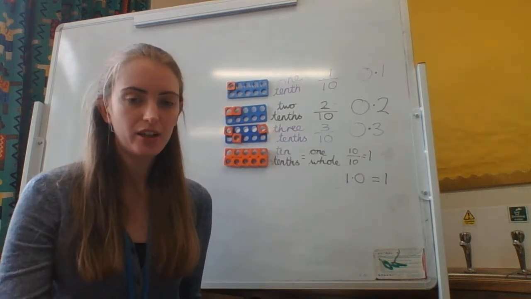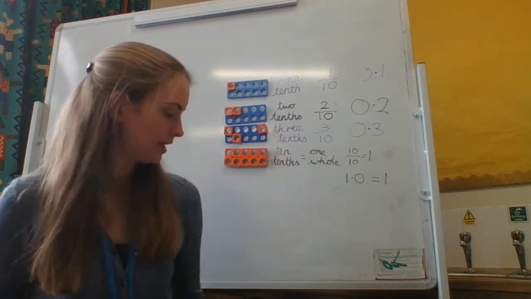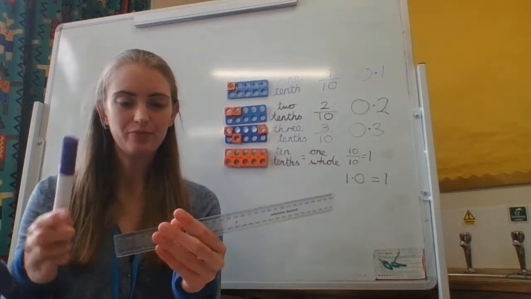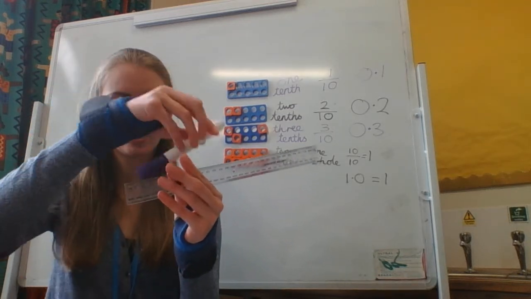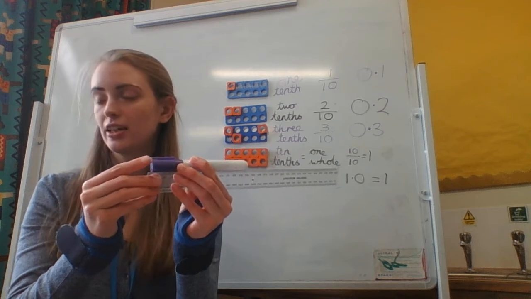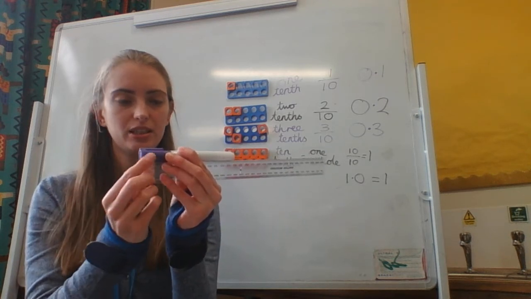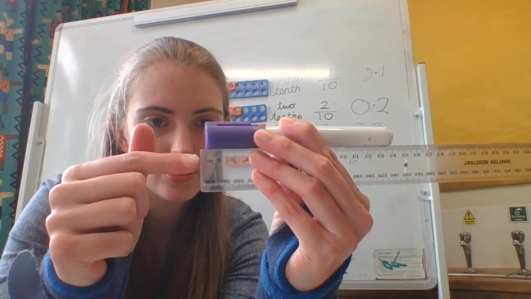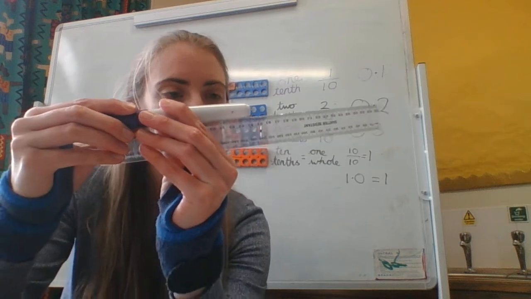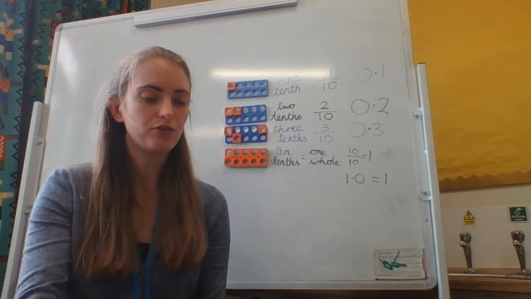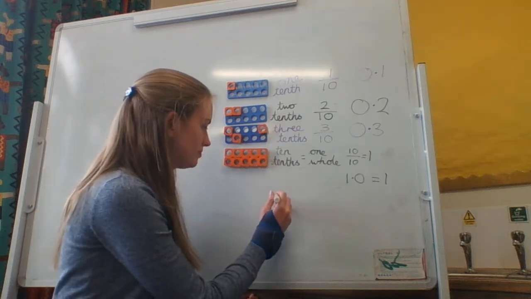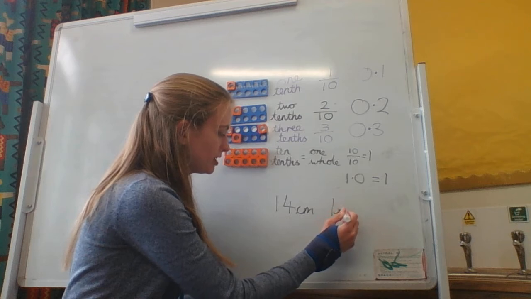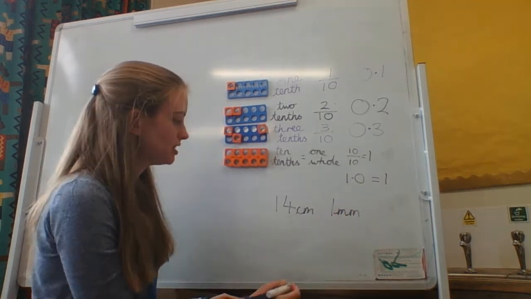So if I wanted to know how long this pen was, I would get my ruler and line that bit up with 0, so not the end of the ruler, but the 0 line. See if I can get it exactly enough. So on the 0 line, not the end of the ruler. And if I measure this one, I have got 14 centimetres, so 14 centimetres and 1 millimetre. Or if I wanted to just write it in millimetres,